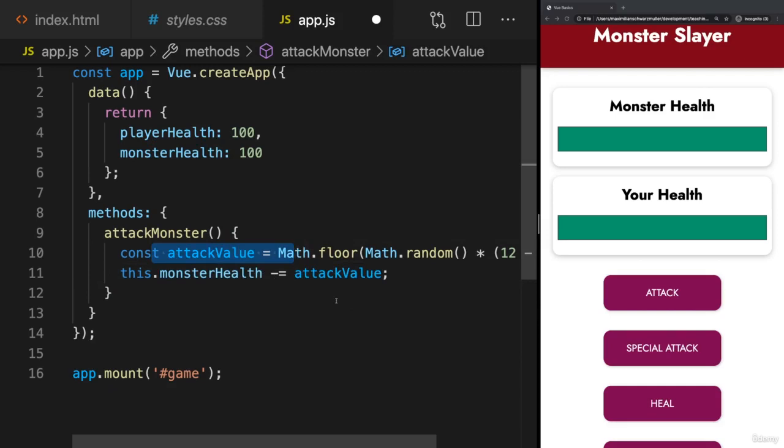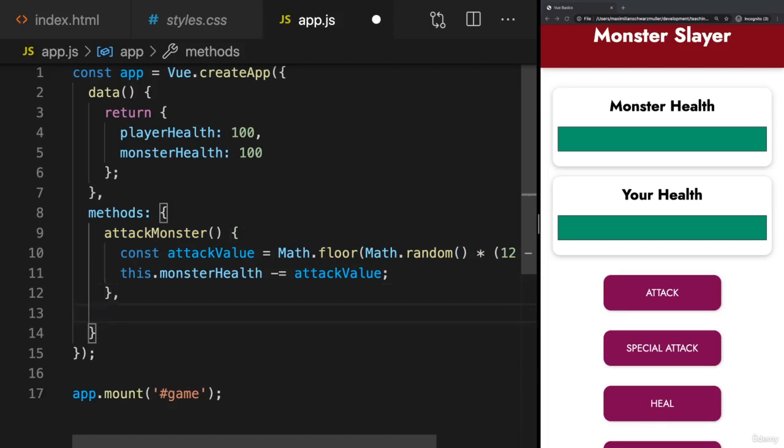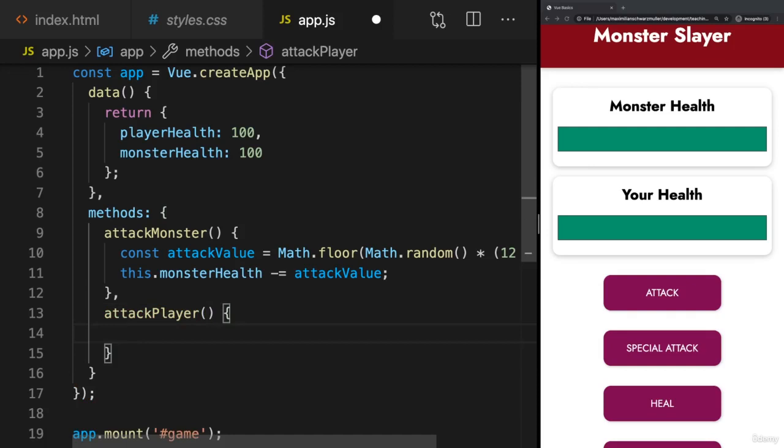But of course, the monster should also be able to attack us as a player. And let's say whenever we attacked the monster, as a consequence thereafter, the monster should attack back. So we can add a second method, a second action to our game, so to say, which is attackPlayer. So that is the monster attacking us as a player. And here we want to do essentially the same. We want to get an attack value